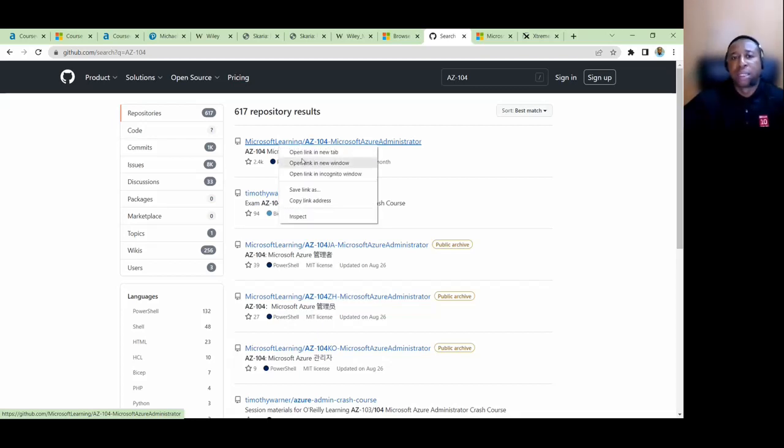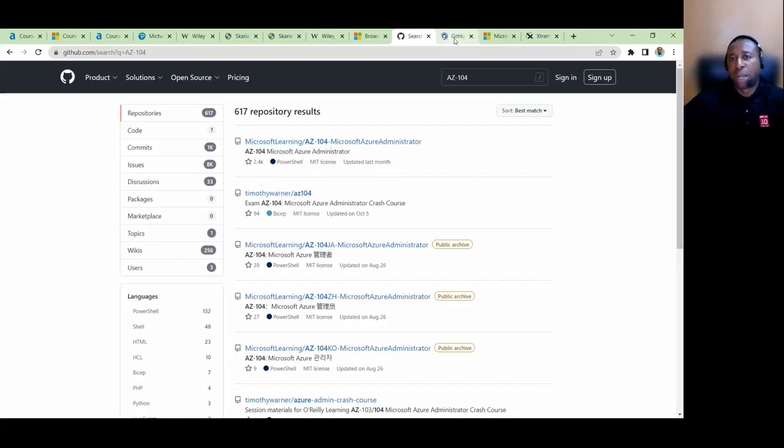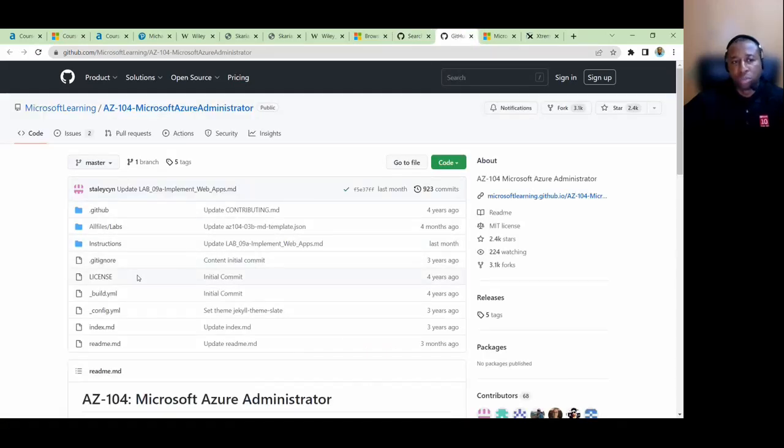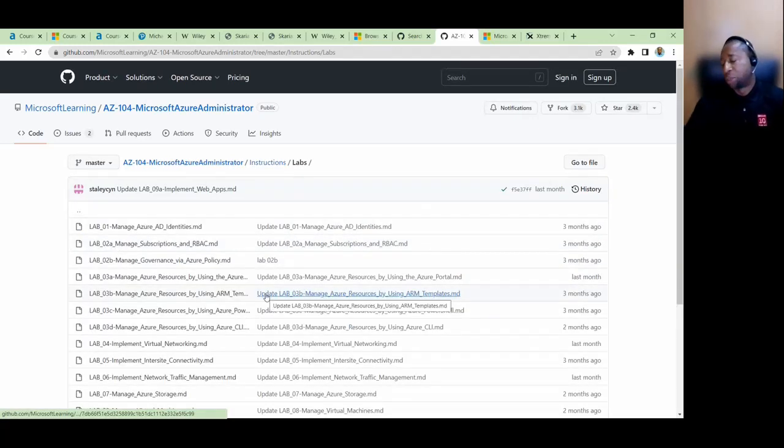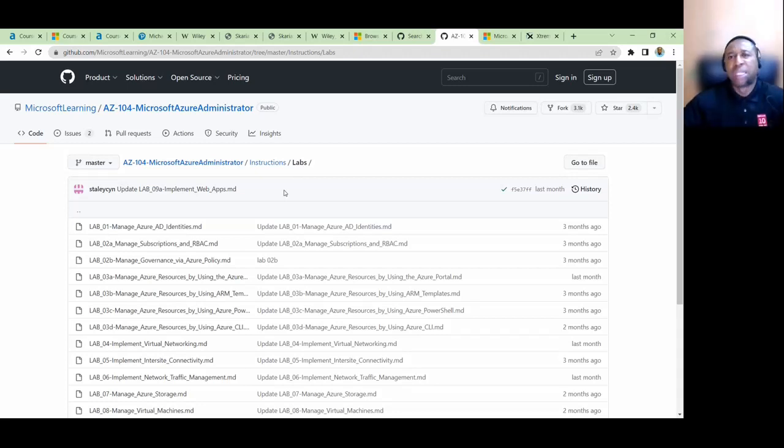So we click, and this will display that particular course. You go to instructions, and from the instructions, you go to labs. This provides us the lab details. So from the Microsoft Learn platform and GitHub, we can do full-fledged training, also getting maybe a free Azure subscription.